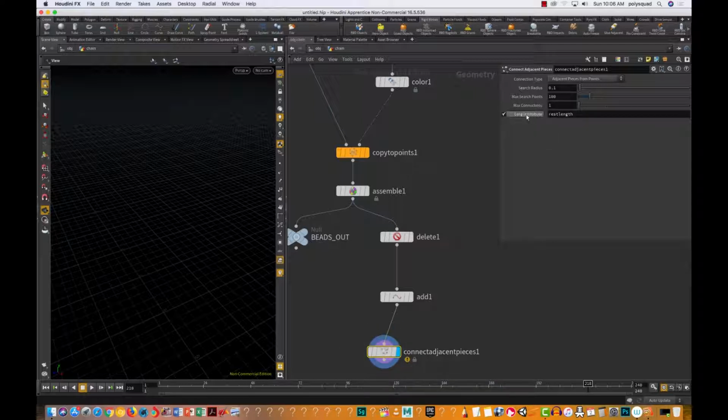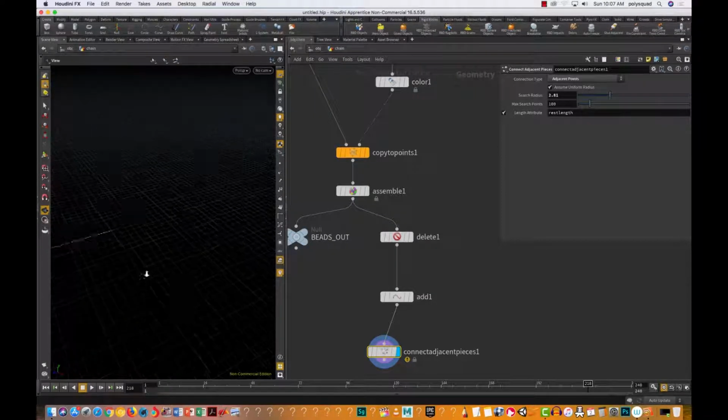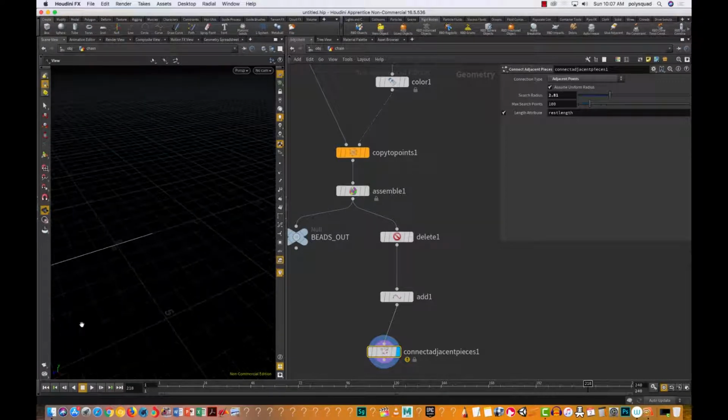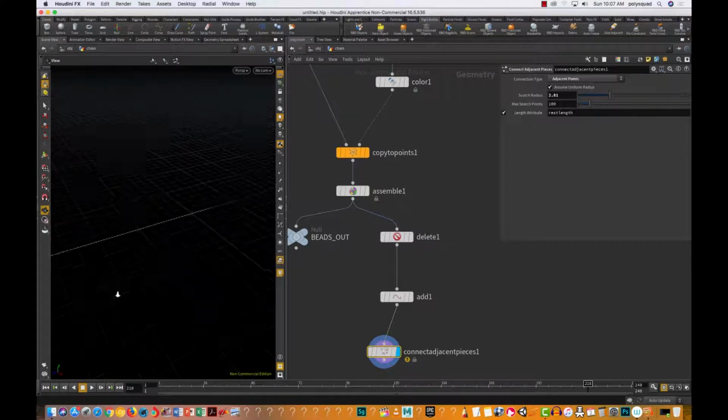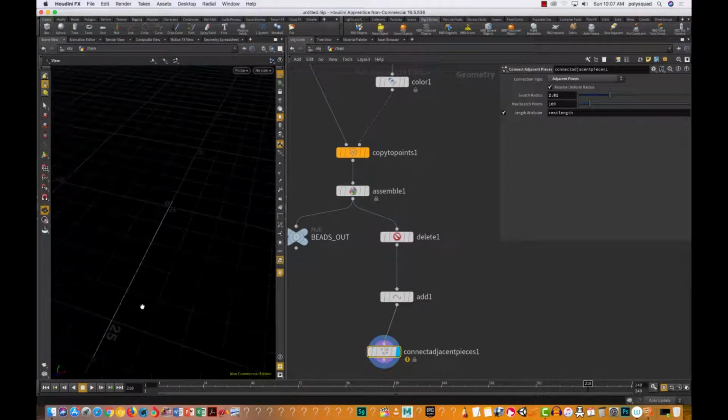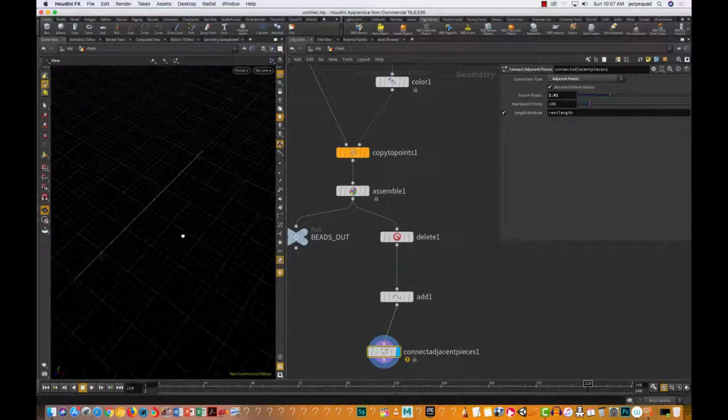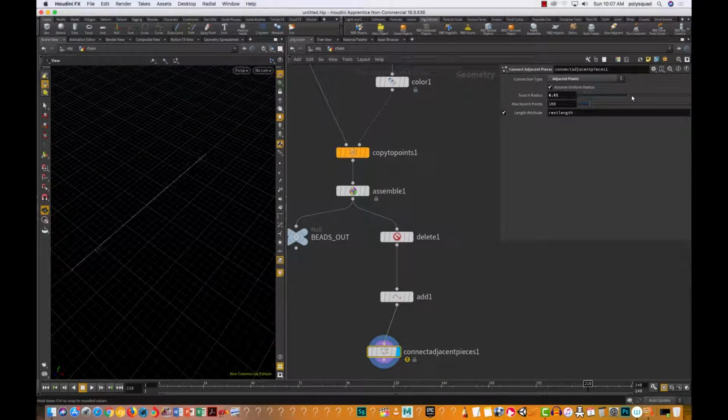Select on your length attribute. We're going to say adjacent points. Increase your search radius, and then all of a sudden you're going to see that a line forms, and these are going to be your constraints. So if you just increase your search radius, have your adjacent points,